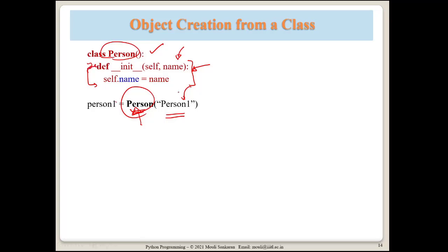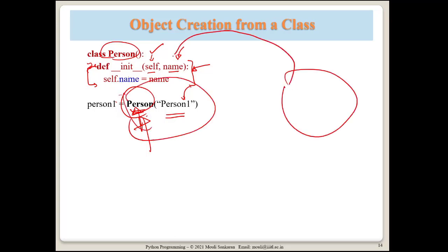Now, this method __init__ expects two parameters. One is self, which is the object which has been instantiated. Currently, what has been instantiated? This object is already in memory, and its pointer is passed as self. And then this person is also passed as another parameter. Now, init is called after this object is created.